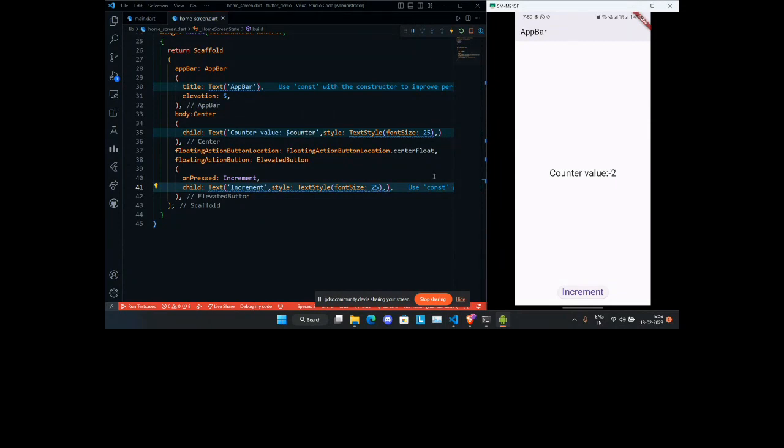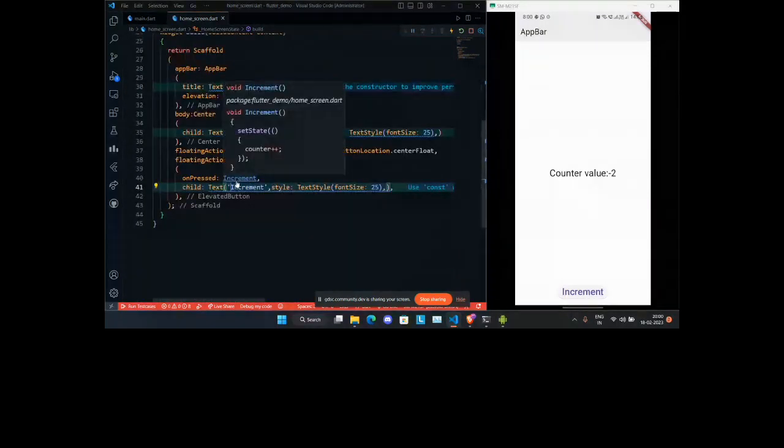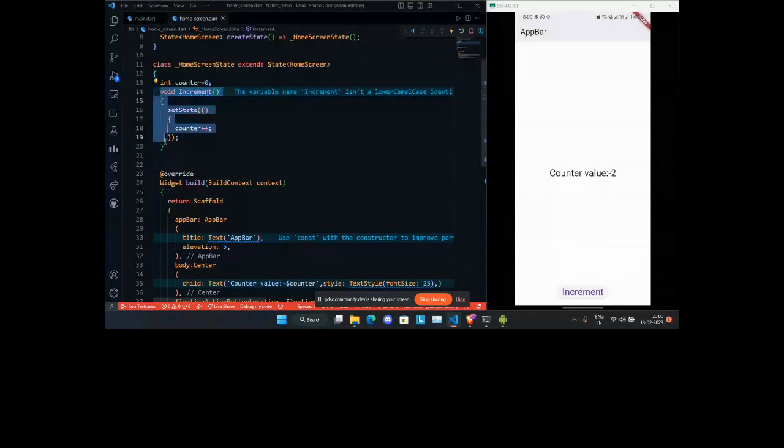This much of the UI, or this much of the syntax, was just to display the button. What special happened with this UI is this on pressed function. This on pressed function was given a pointer to this function called increment. I'm going to click on this increment function. What this increment function did is it said, let's set the state of this counter app as counter plus one.